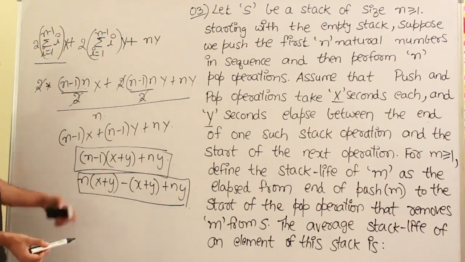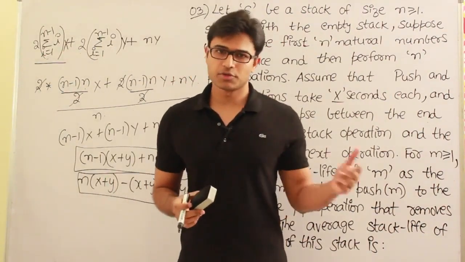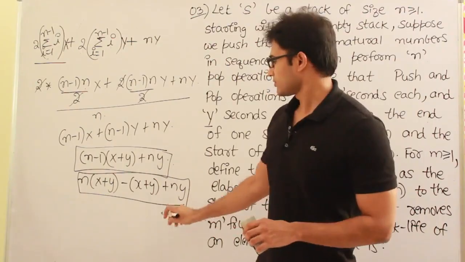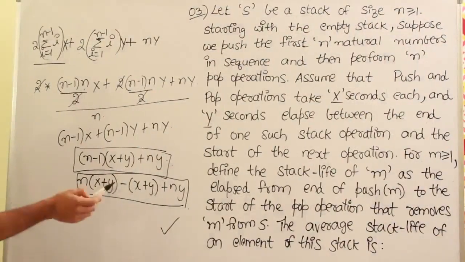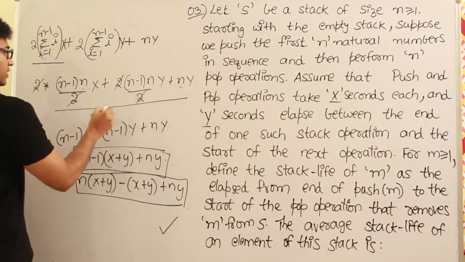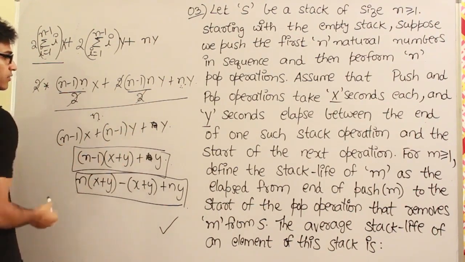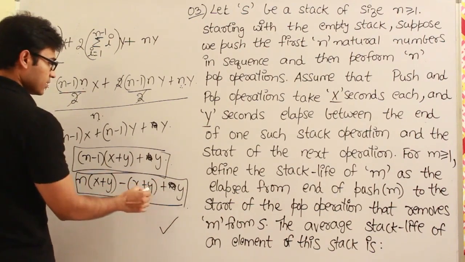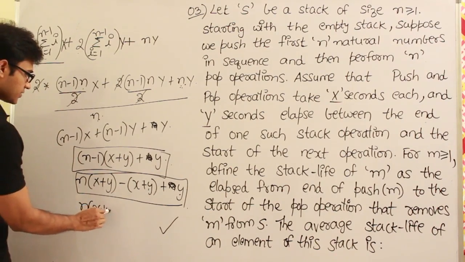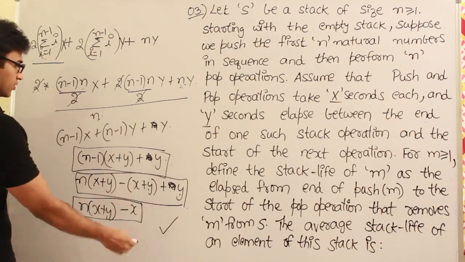Okay, I didn't write the options here. So one way to do it is you take n equal to 1, 2, 3 and substitute in the options. The other way is you can follow this procedure and get it. Okay, fine. Now, I missed out one thing here. See, this one has to be divided, right? When we are dividing ny by n, then we are going to get y only. Then minus y and plus y will get cancelled out. Therefore, the answer is n into x plus y minus x. This is the answer. This is given as the option. Okay, fine.